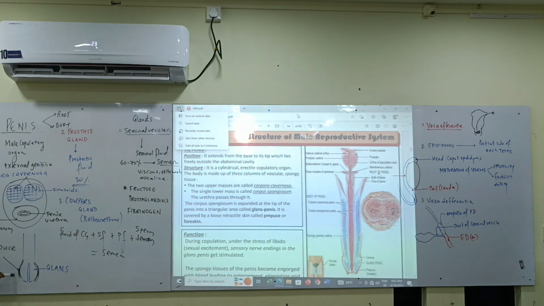And this prepuce has, now this is out of syllabus, it's not in the GTP also. It is from the personal hygiene of a male, that is why I'm discussing this. You should be hygienic. The prepuce produces a foul-smelling substance called smegma because it has some glands, which are called glands of Tyson. They get accumulated in the prepuce. So it is from the personal hygiene of the male that smegma should be removed periodically,